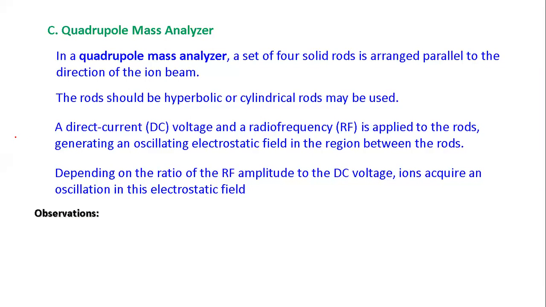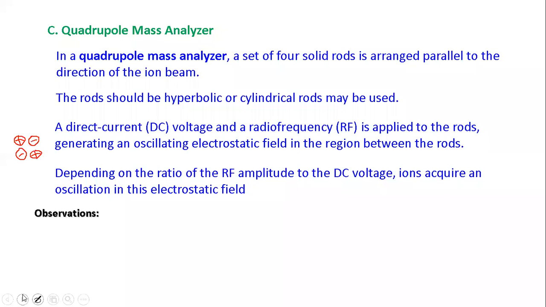Suppose you have one rod face here, another rod, because you have cylindrical, so four are kept. So if you look from the front, you will look only at this circle, right? Rod face. Now suppose you are applying the positive field here, so this will be positive also. If you are applying negative field here, this will be negative. So diagonal rods will have the same field, both positive and negative. Okay.